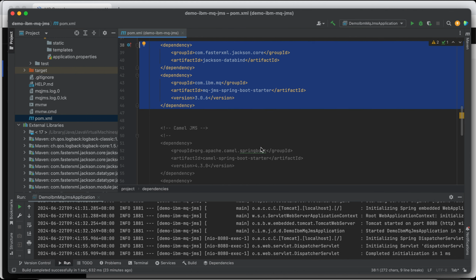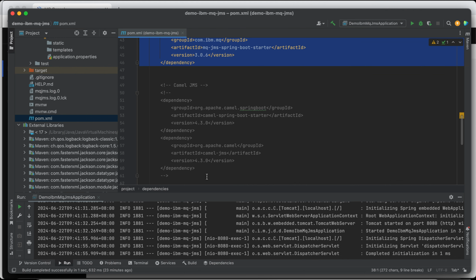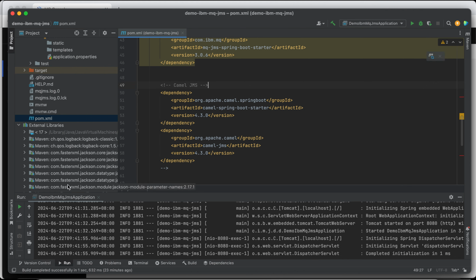Then for Apache Camel, we need another two dependencies, which are Camel Spring Boot Starter and Camel JMS. Okay, let's uncomment this so we can use the required libraries for Apache Camel.